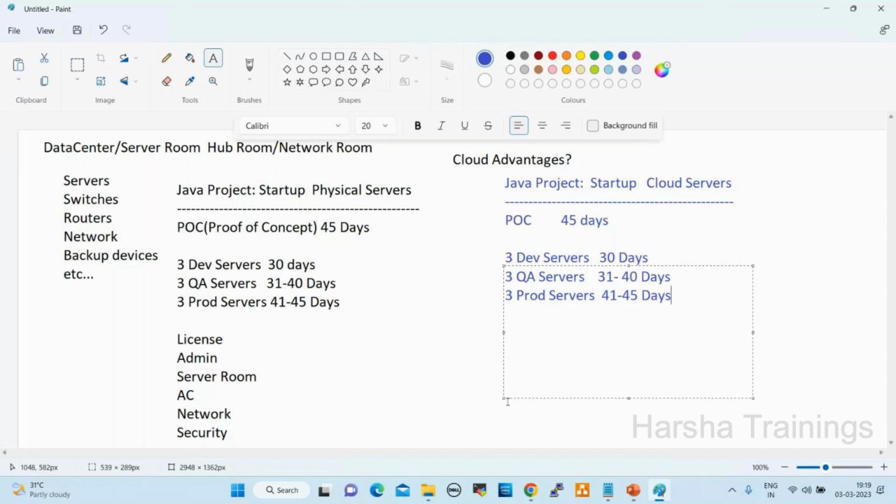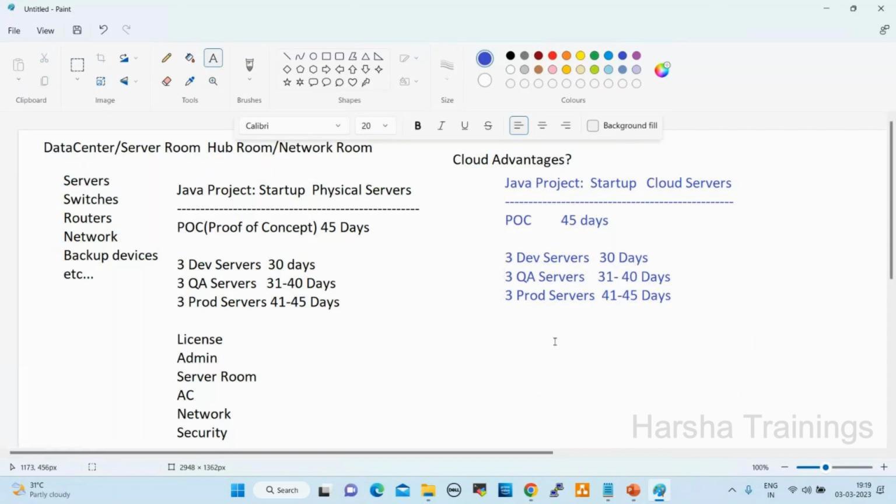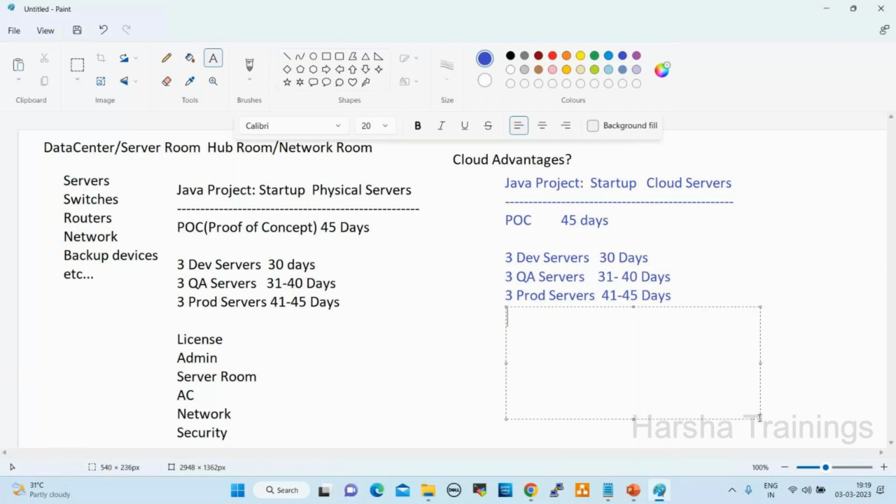Fine. Now, once deployment is completed, this POC we can showcase to the client, right? If the client approves, we get the real project. If the client does not approve, what will happen? This is also a waste of money. But here, what will happen? Here, no license required, no admin required,